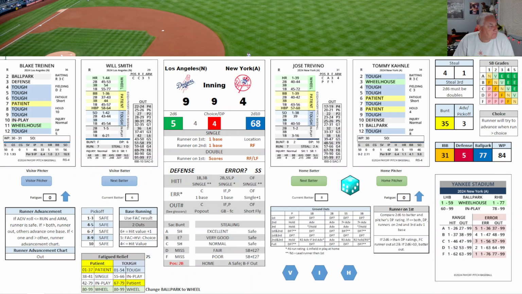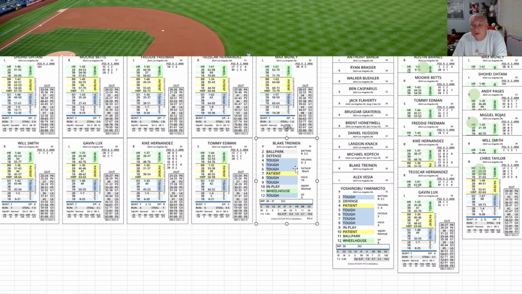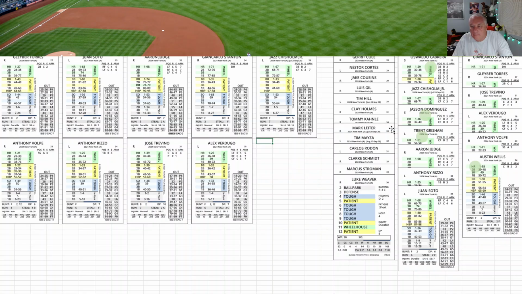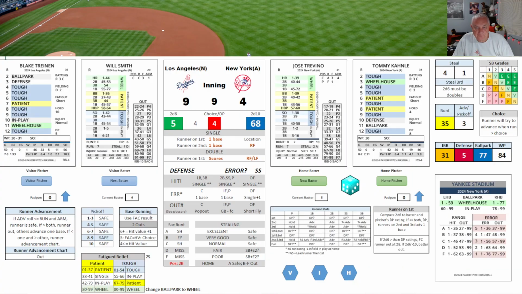9-4 Dodgers. Yankees need another pitcher. This will be their 7th of the game. Behind in the 8th or 9th is going to be Clay Holmes, because we're running out of pitchers. I think he has the loss in both the first 2 games. Oh, that's Trevino. I don't need to take him out, because they've lost both times in the bottom of the 9th with him in. So now they're pitching the top of the 9th in a non-save situation.